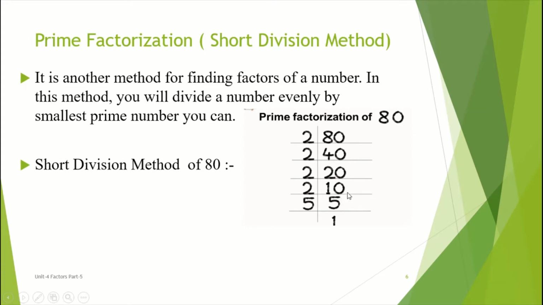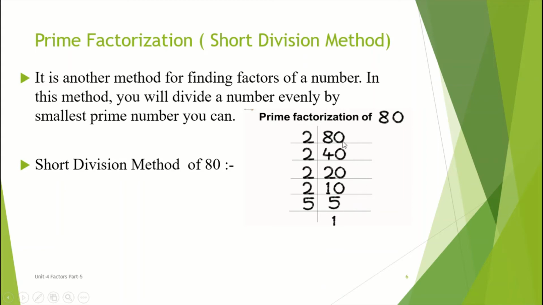Now scholars, here we know that 5 is not an even number. It is an odd number. So we cannot divide 5 by 2. So I will take the next prime number. The next prime number after 2 is 3. We know that we cannot divide 5 by 3. So we will take the next prime number, which is 5. So we can easily divide 5 by 5. When I divide 5 by 5, I will get quotient as 1, which I will write below 5. So we have to keep on dividing till the time we get 1 at the end.